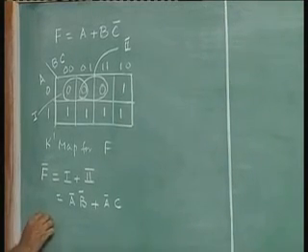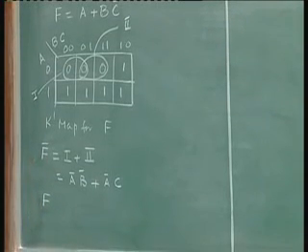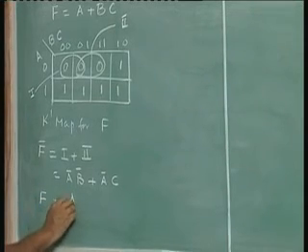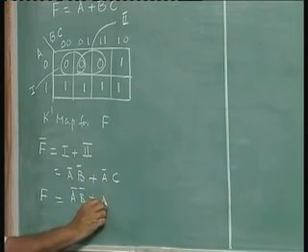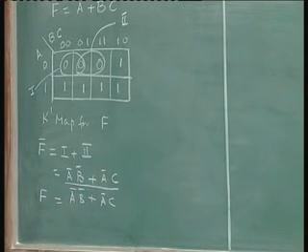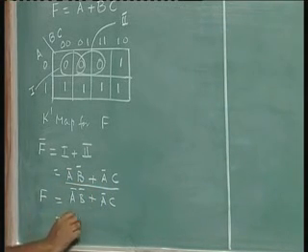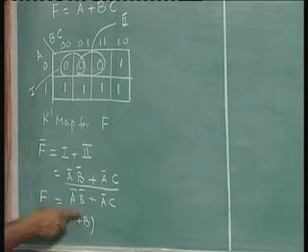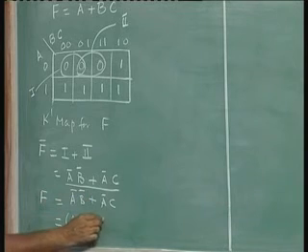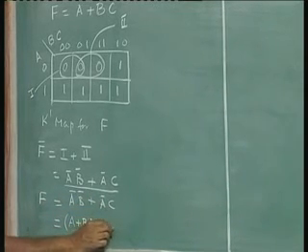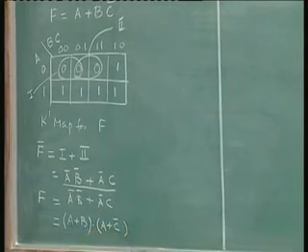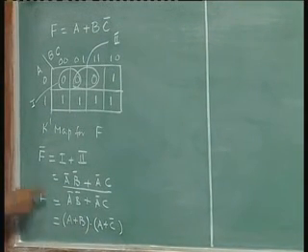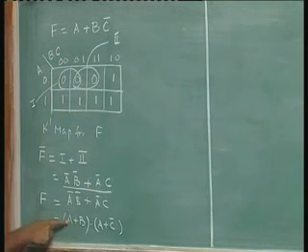You know how to get the complement? By applying De Morgan's theorem on both sides, you get F is A or B, because the variable gets complemented, and AND becomes OR, OR becomes AND. And you can simplify this to the original F, which is A plus BC bar, because now if I do this,